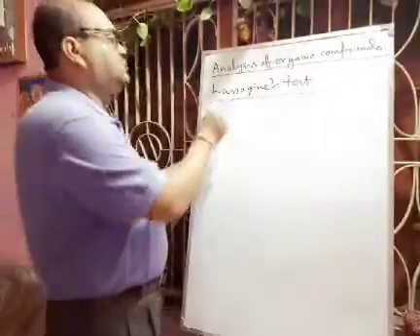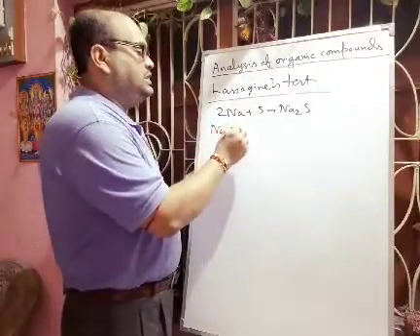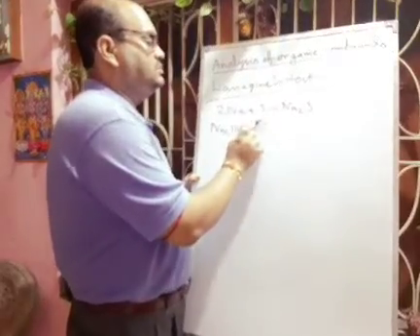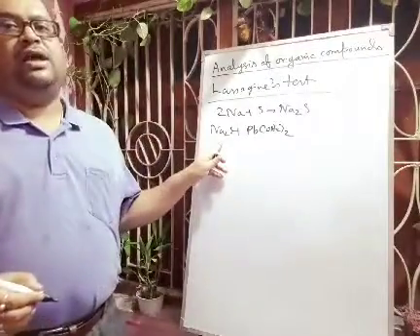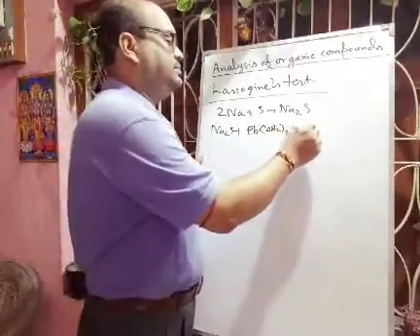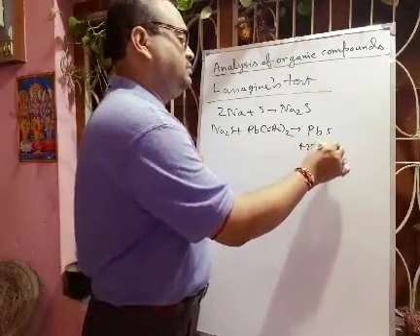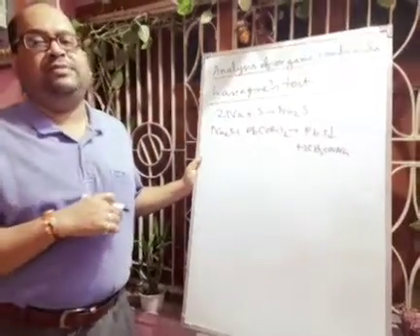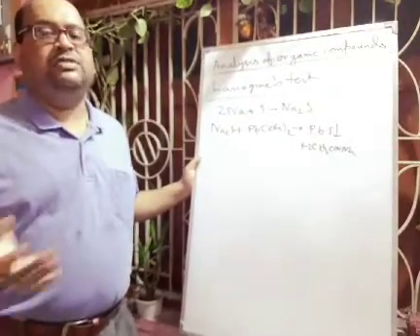So what is happening? First, sodium is reacting with sulfur, forming Na2S, sodium sulfide, and this sodium sulfide is reacting with lead acetate, (CH3COO)2Pb, that you can write. Now what will happen? You will get lead sulfide and you will get CH3COONa, and lead sulfide will be a silvery black precipitate. And sulfuric acid is not used here. Here we are using acetic acid.